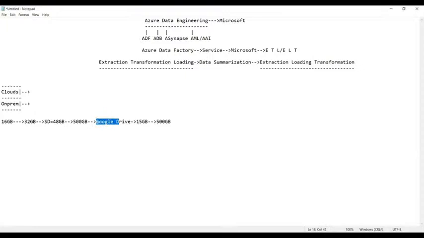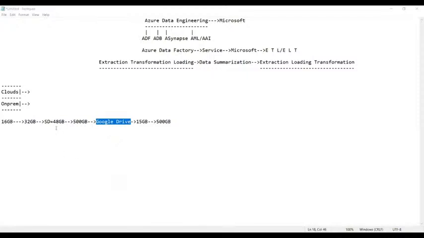So when you store the data in a Google Drive, whose responsibility is the data safety? The security of your data is the responsibility of Google. So you need not worry about it. Am I right, everyone? And the second one is that you can retrieve it whenever you want, without any problem, irrespective of the location.